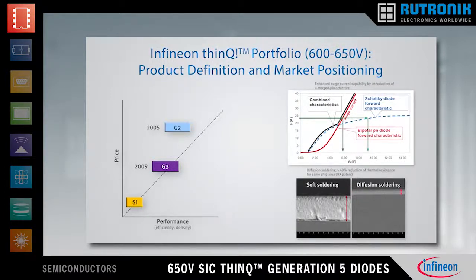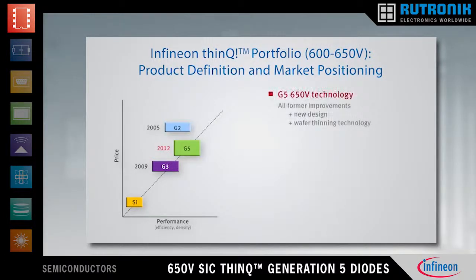Though slightly below Generation 2 at mid-full load, Generation 3 offers clear price benefits and represents the ideal choice for all applications where light load efficiency is in focus. Generation 5 takes advantage of all former improvements and introduces on top a new, more compact design and so-called wafer thinning technology. The main characteristics of the new generation are